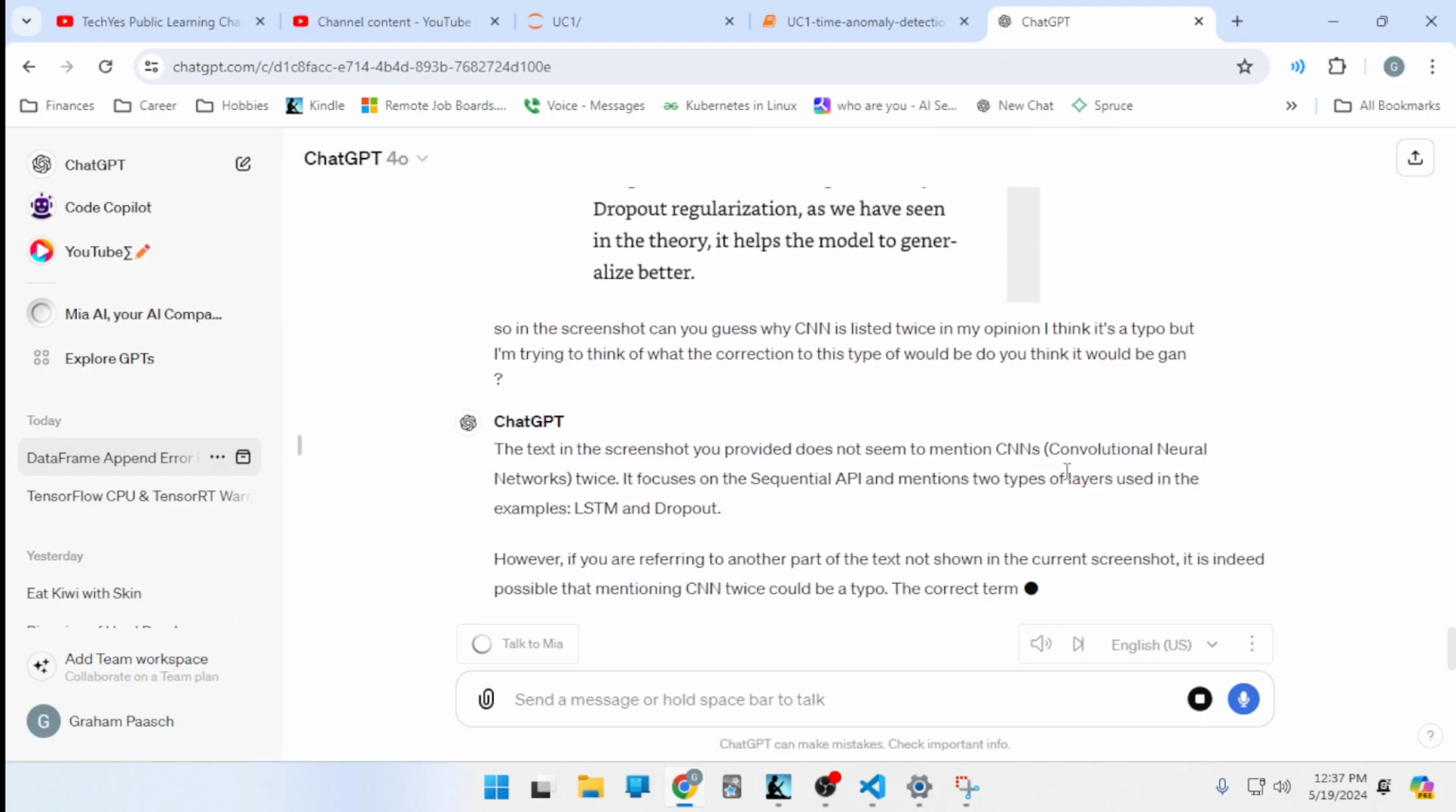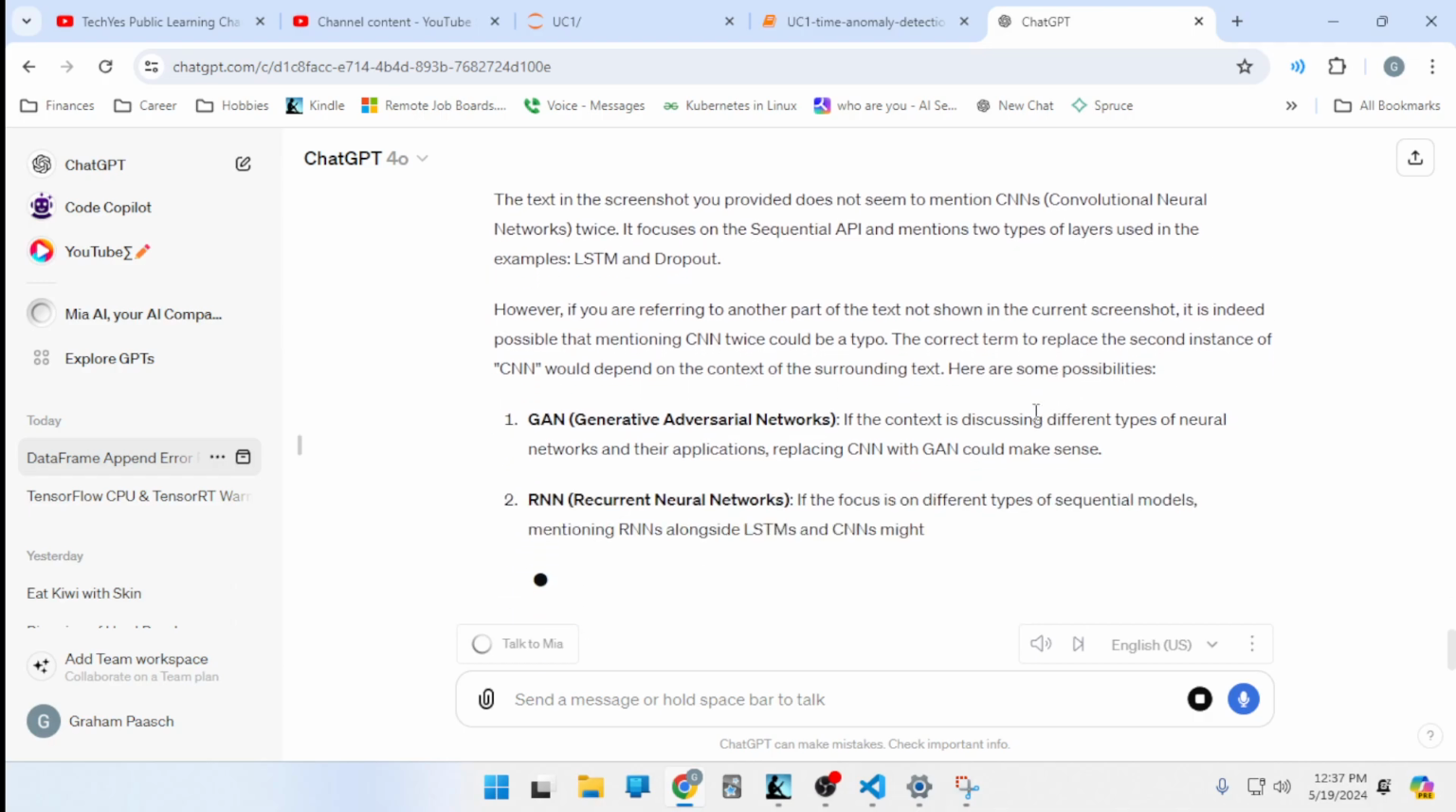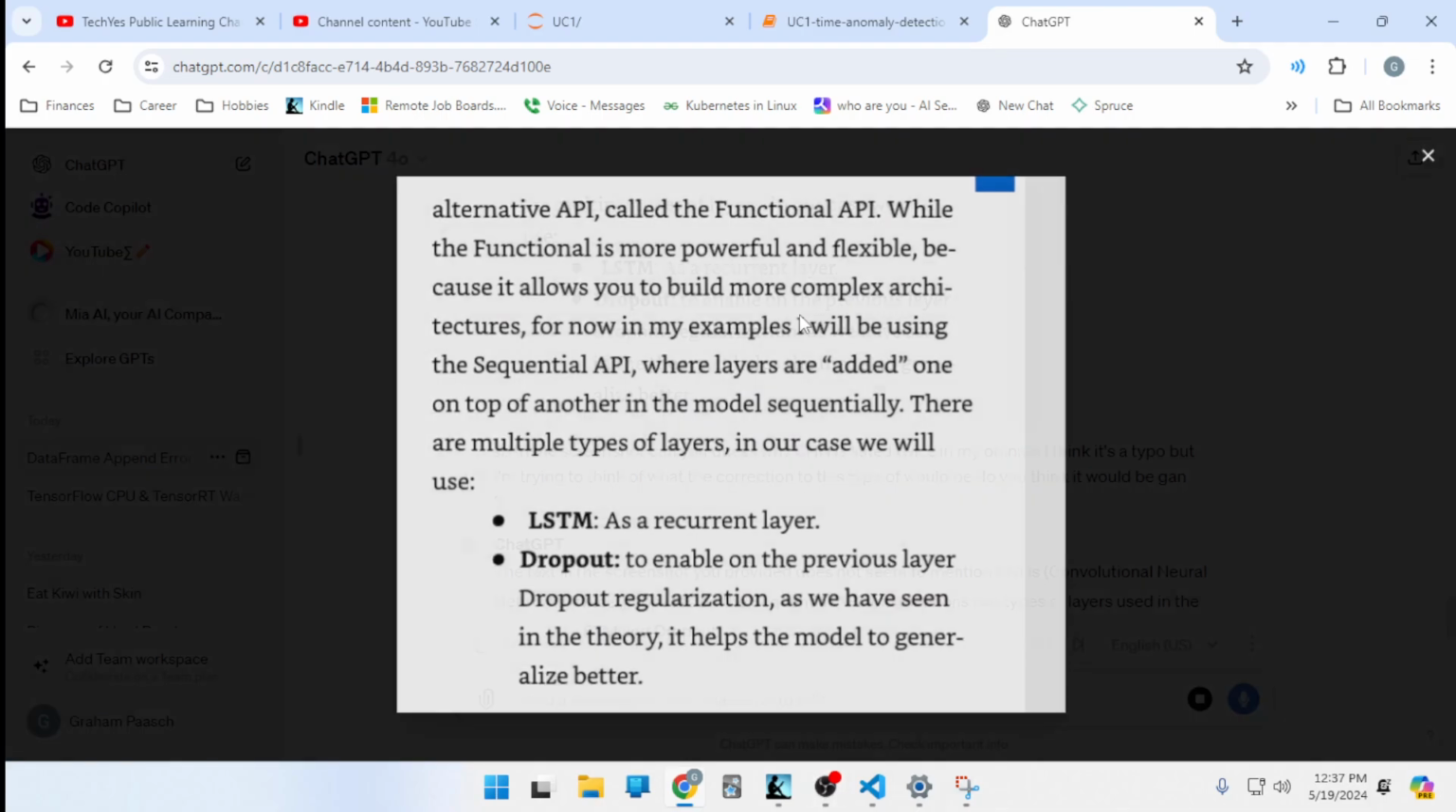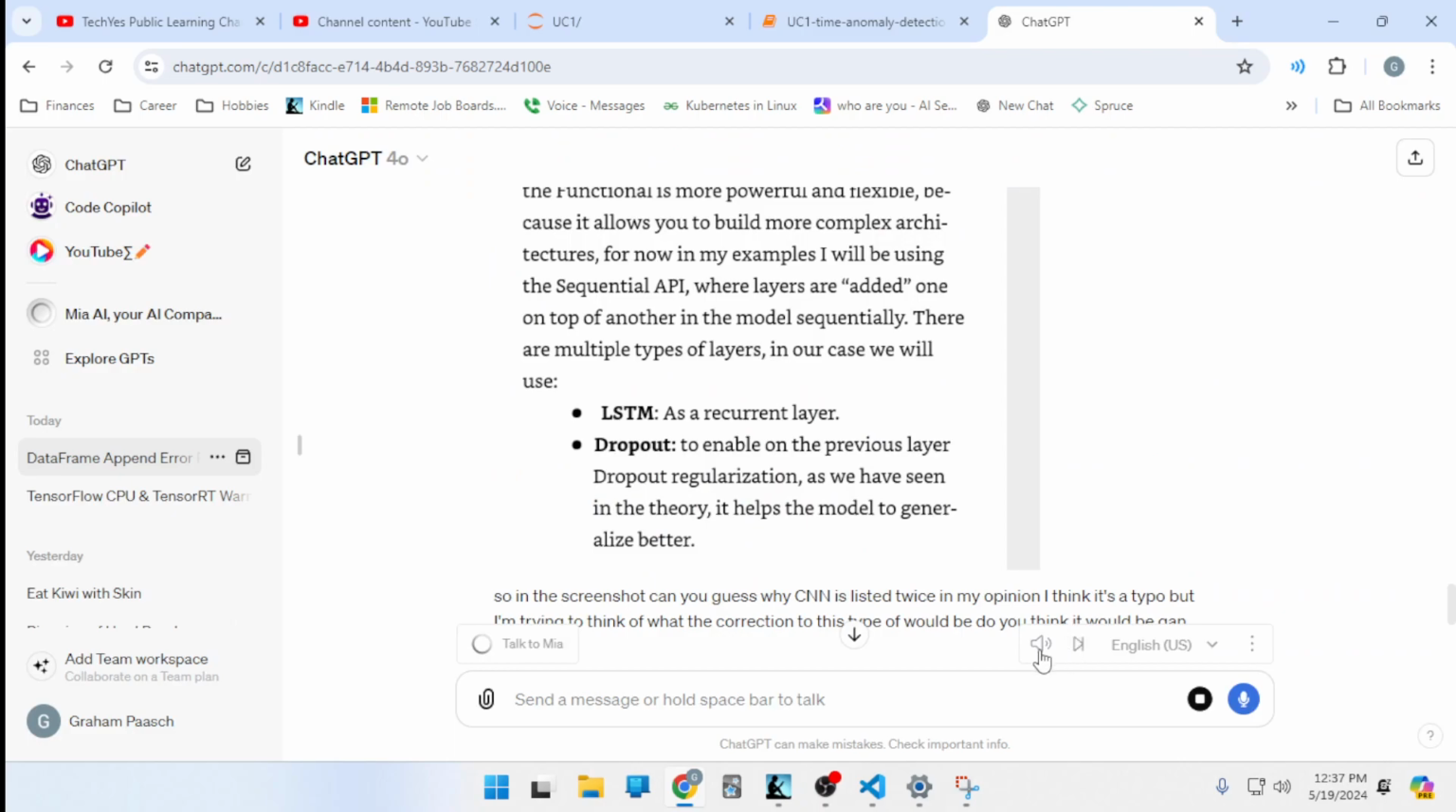The text in the screenshot you provided does not seem to mention CNNs, convolutional neural networks, twice. It focuses on the sequential API and mentions two types of layers used in the examples, LSTM and